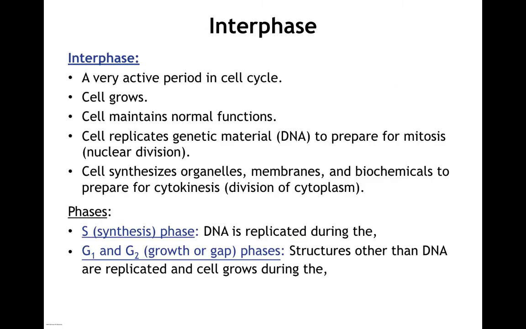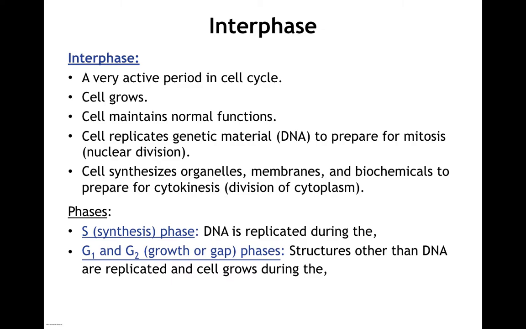Interphase is always a very active period in the cell, and for that reason, the DNA is in the form of chromatin. It's being used, it's being read. The cell continues to grow until it reaches the limits of growth, and if it's going to divide, it will replicate its DNA. That means making a copy of its DNA from start to finish in preparation for mitosis. You've also got to make copies of other things, like organelles and membranes. You're going to need more membrane, and some other chemicals, as you go from being 1 cell to 2 cells.